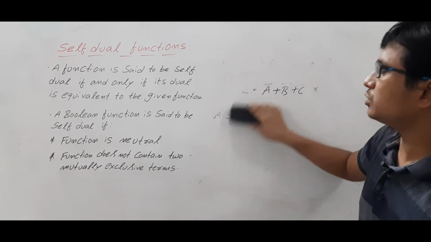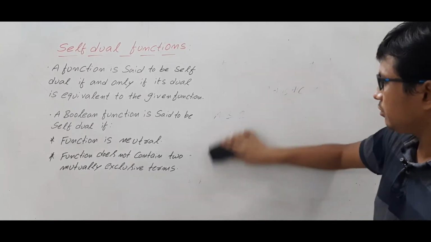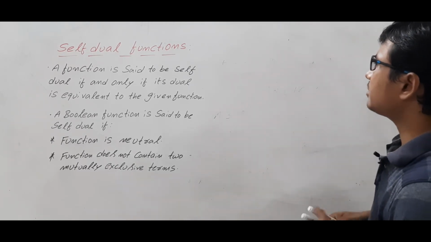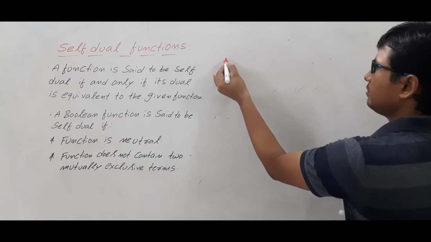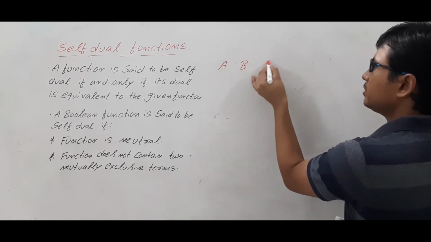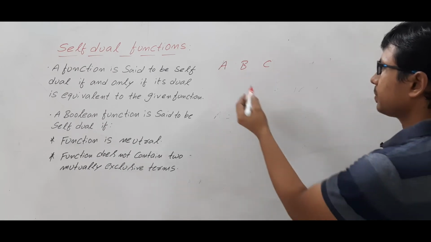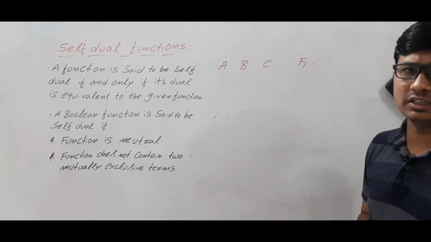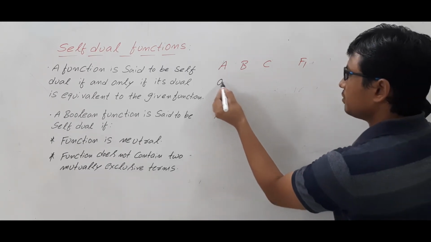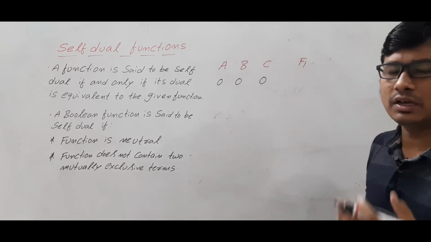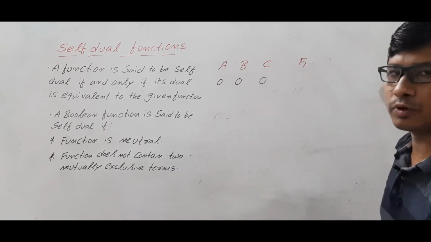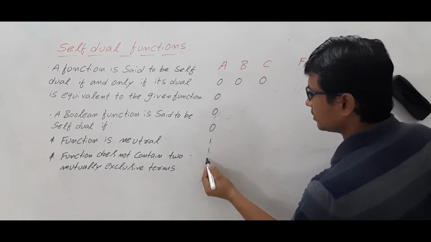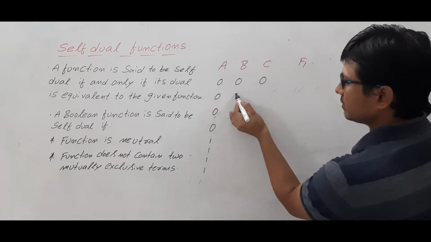So a function should not consist of two mutual exclusive terms. To understand in a better way, let me discuss with an example. Let me take a function f, which consists of Boolean variables a, b, c. Now, let me take some function f1. I don't want to know what that function is. If you have 3 Boolean variables, how many combinations are possible? 8 combinations are possible. Am I right or wrong? So, let me write all those 8 combinations. Then we will discuss further.